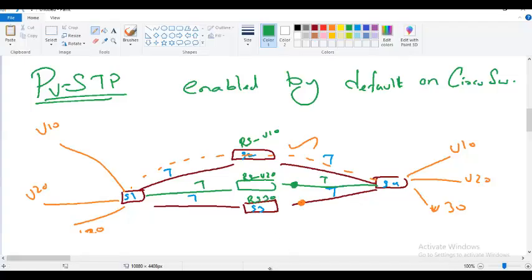What does that mean? If I make this as a root switch for VLAN 10, this is not going to block. This will forward VLAN 10. Which means the other two will be blocking VLAN 10. Next, when I make